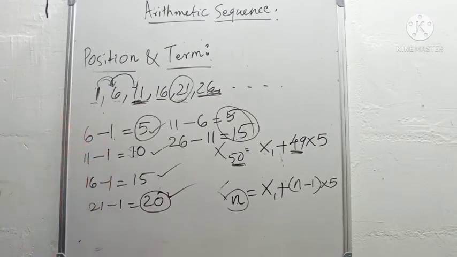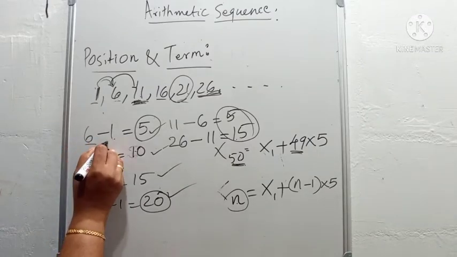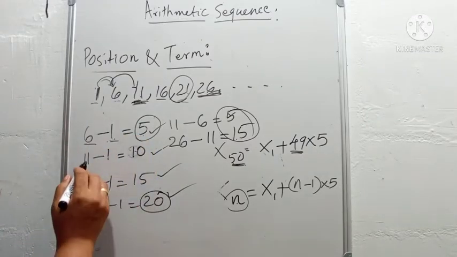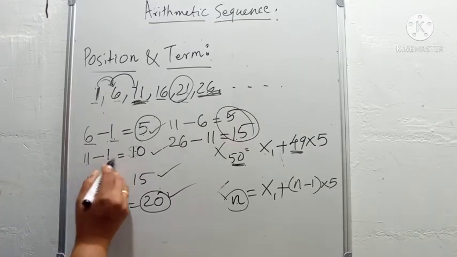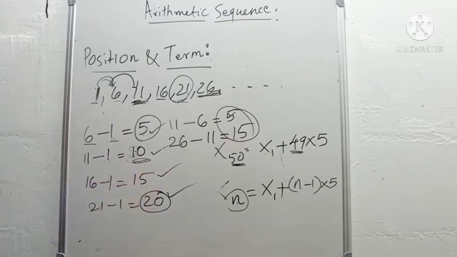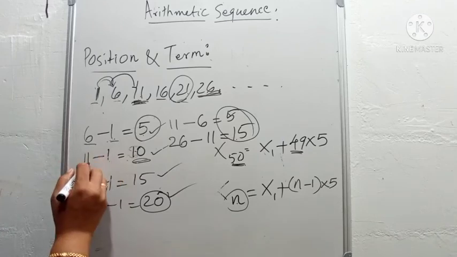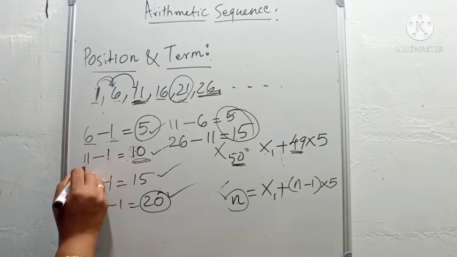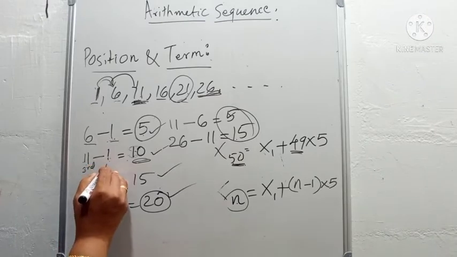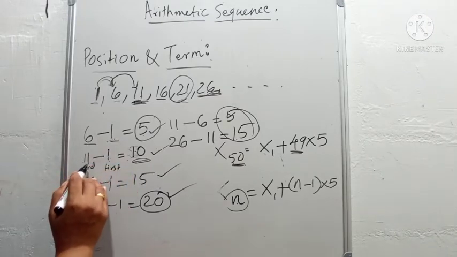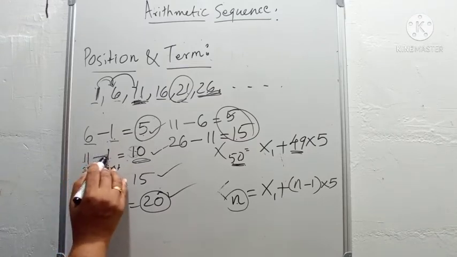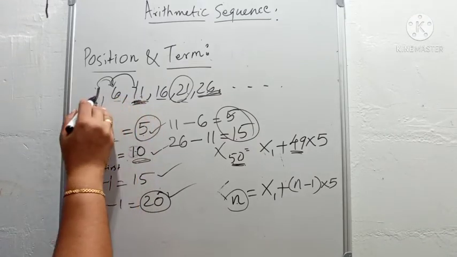That is, the term difference and the common difference are related with their position. Okay, see here, second term minus first term is the common difference, and third term minus first term is equal to 2 times the common difference, right? Third term, what is the relation between their positions? See, this is third term and this is first term. Okay, this is third and this is first. So term difference, these two are the terms. What is the term difference?